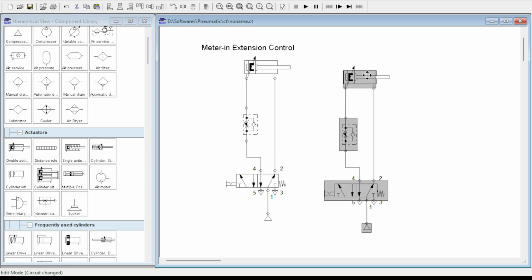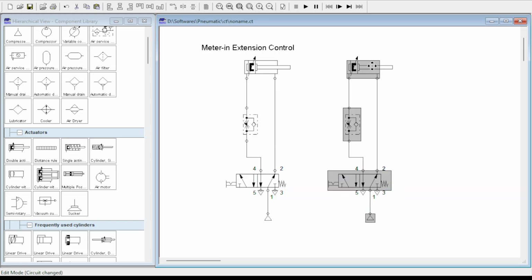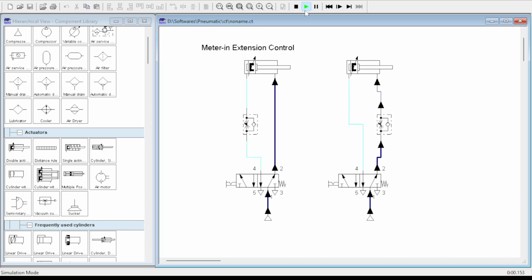Let me copy paste the same circuit and I will connect the DCV's fourth port and the cap end of the cylinder directly, and I'll use the one-way flow control valve and connect it between the rod end of the cylinder and the port number 2. And now if I actuate this, you can see air is entering into the rod end of the cylinder